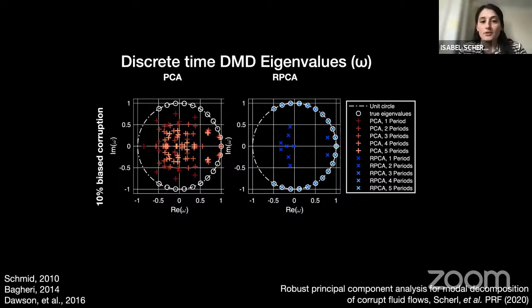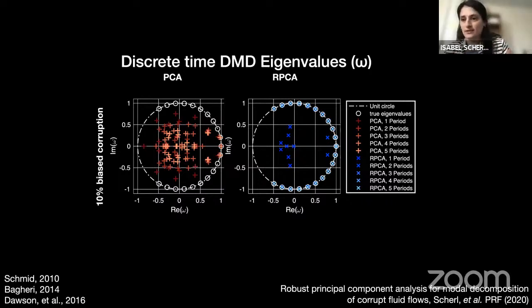That means that these modes are highly damped and that their dynamics are not evident throughout the time series. Whereas the RPCA modes are pretty much matching the true modes, and they are demonstrating their persistent oscillatory evolution in time. That means these modes are undamped, and also they are matching the original true data matrix.